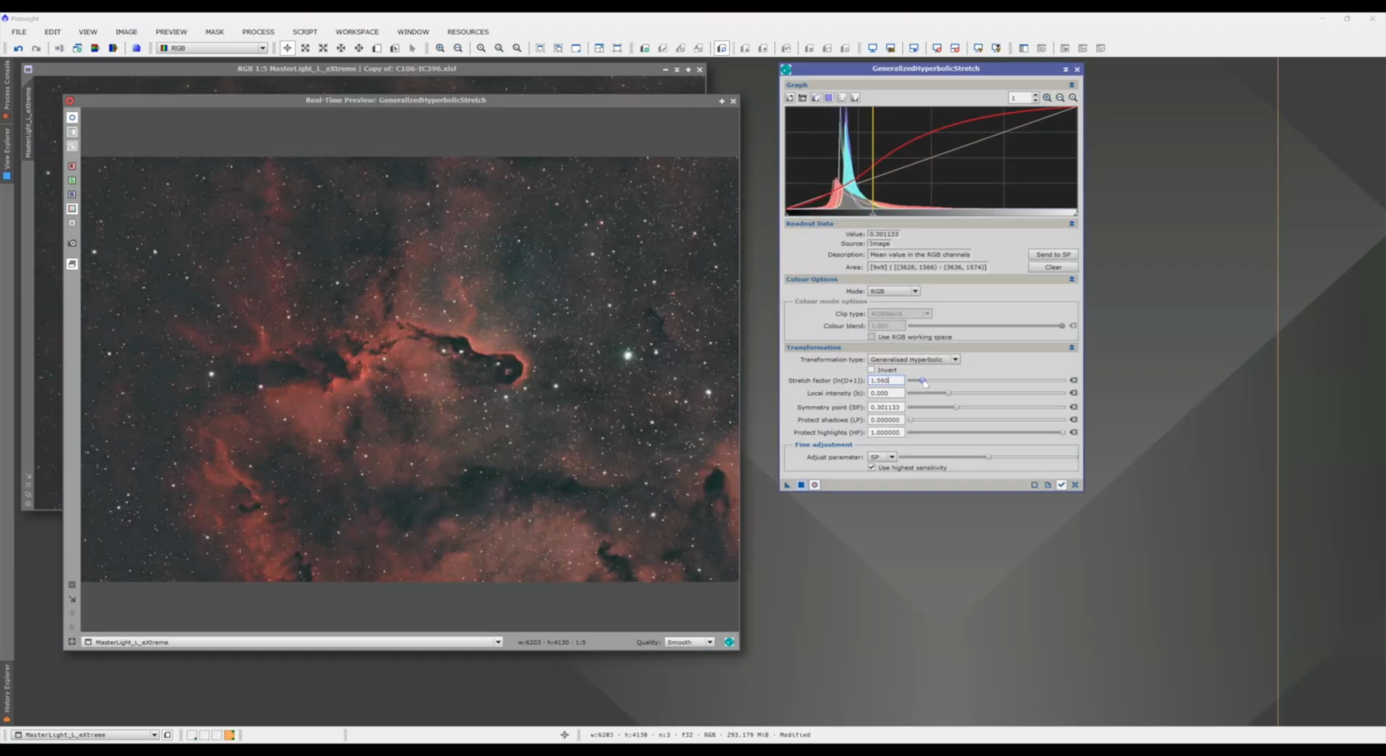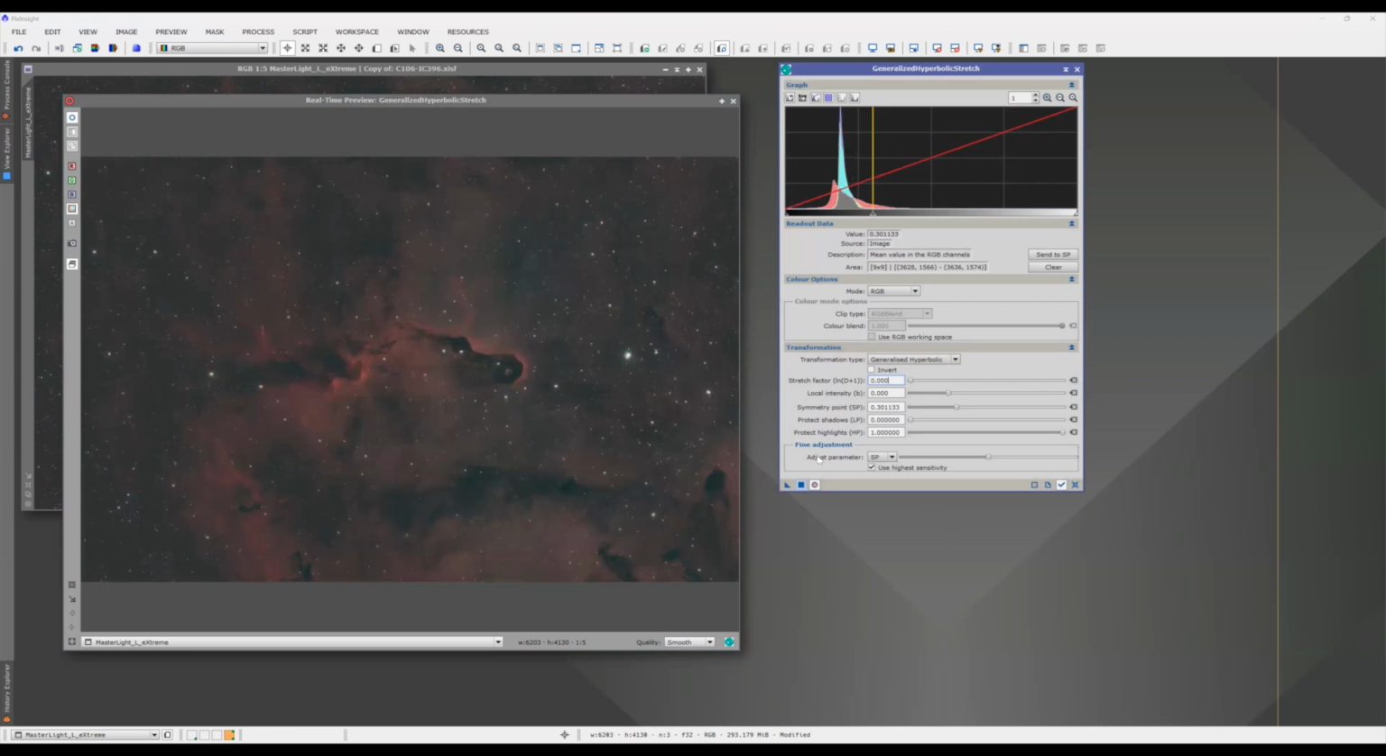Oh, I better show you one more thing about this tool that's actually quite nice. Down here, this fine adjustment. What this does is it gives me much finer control over whichever of these sliders I select. So right now it's set to the symmetry point. I'm going to set it to D, which is this scale factor that I was moving. If I set it to highest sensitivity, that's useful for linear images that haven't been stretched yet. Since this image has been stretched,